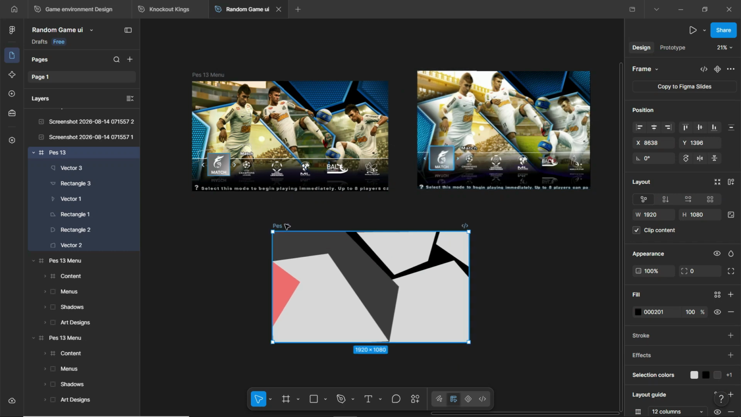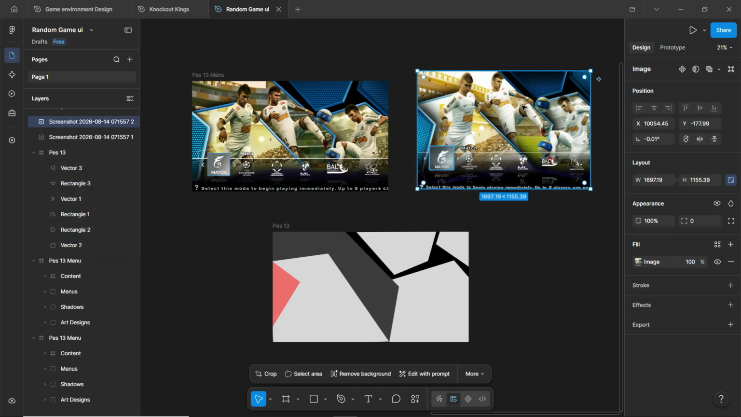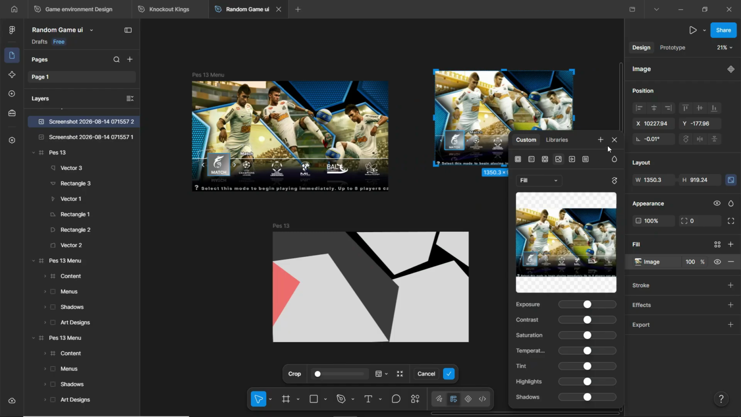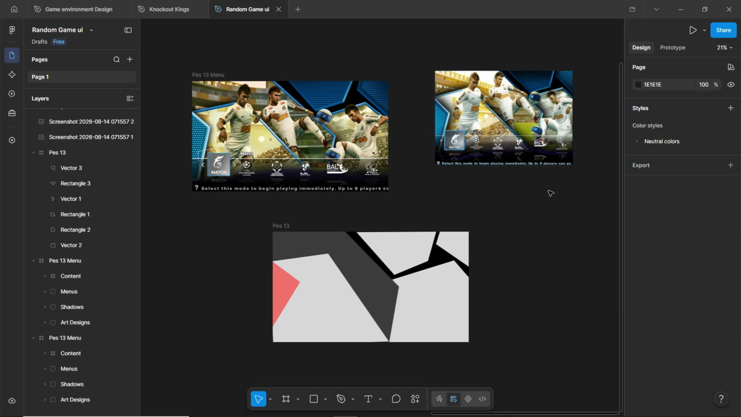So if you look at this, this is the screenshots screen. It's more of an image. Can you see? Just more of an image. Look at it here, more of an image. So now I'll also show you guys how